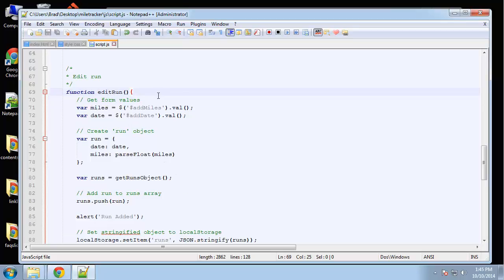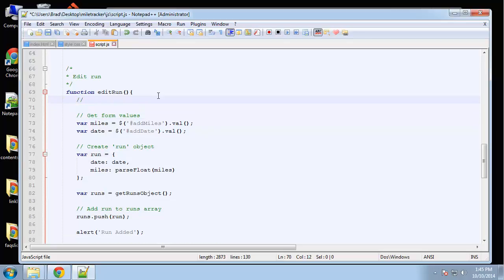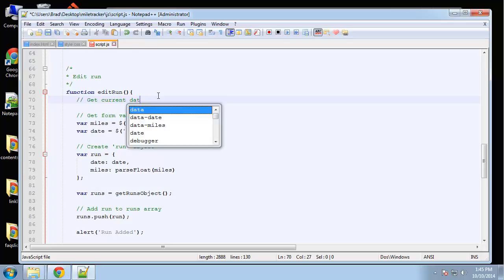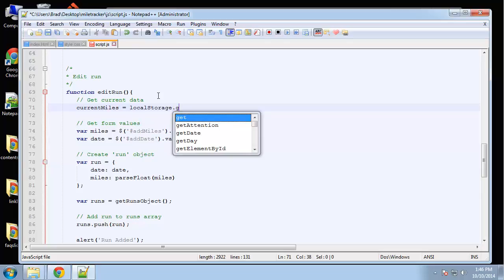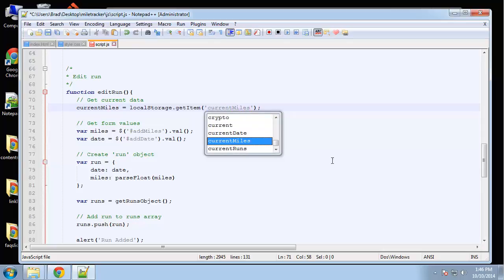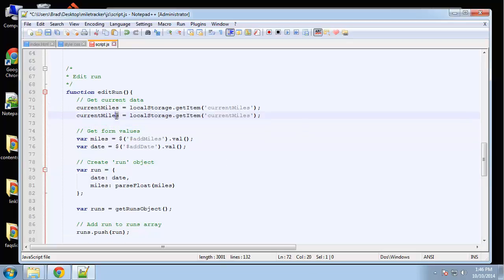Now in here we're also going to have to look at current miles and current date. So we need to do that first. We'll say get current data. Okay, so current miles we'll set to local storage dot get item current miles. Okay, say date. Okay, so now that we have that,